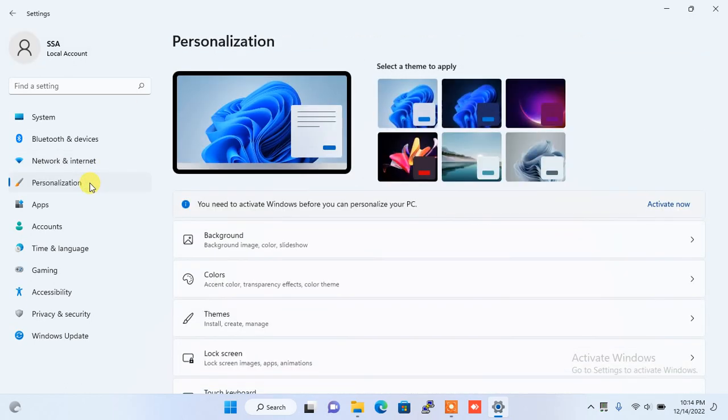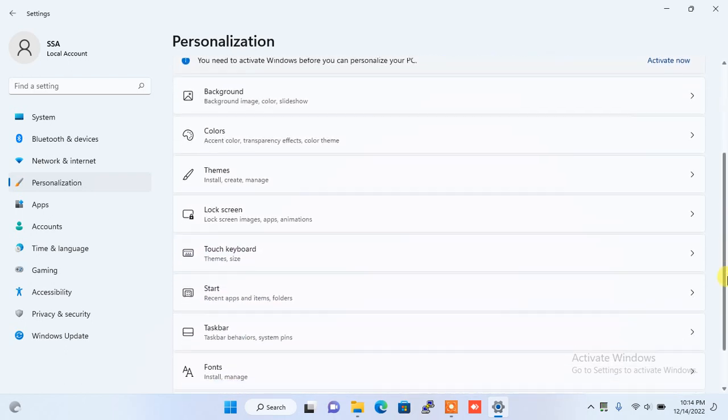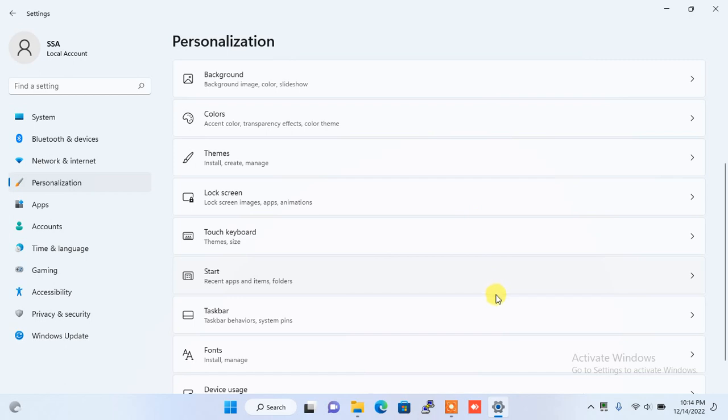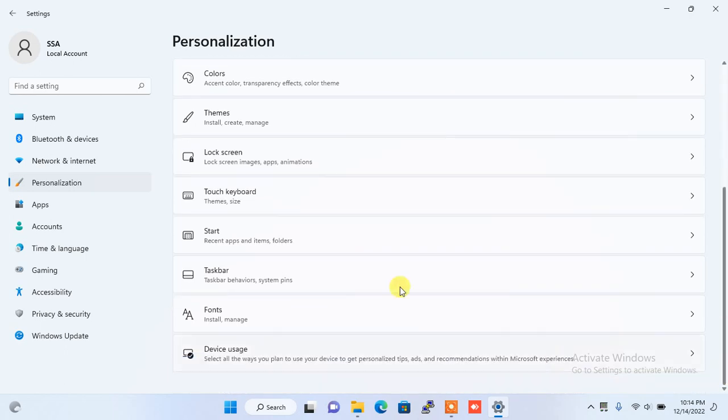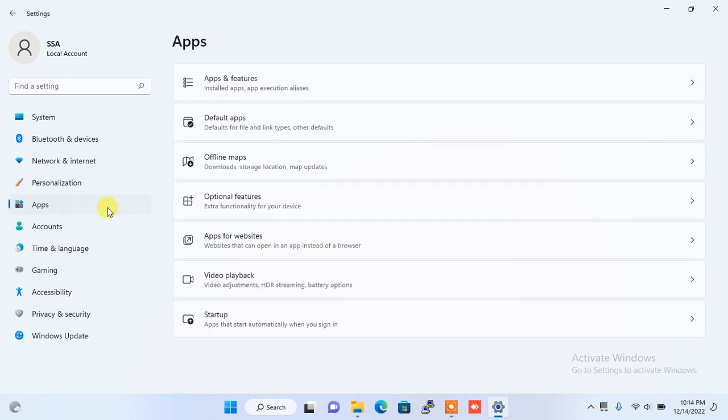Now personalize. You can change your desktop wallpaper, background, color, themes, lock screen, start menu folder, taskbar, font, device usage, and now check apps, offline apps, default apps. You can select default Chrome as default browser, startup settings, video playback, apps and features,